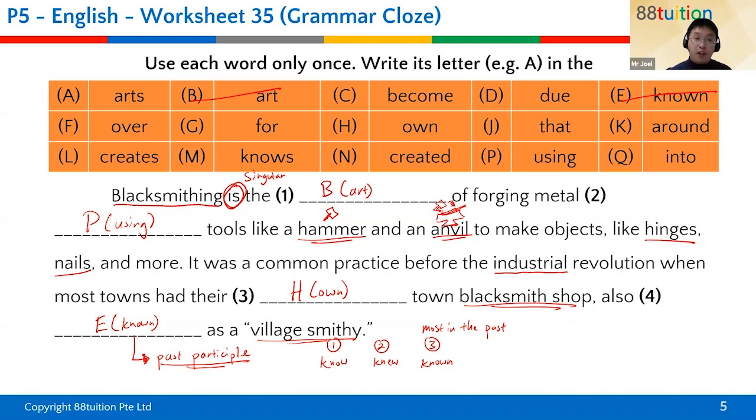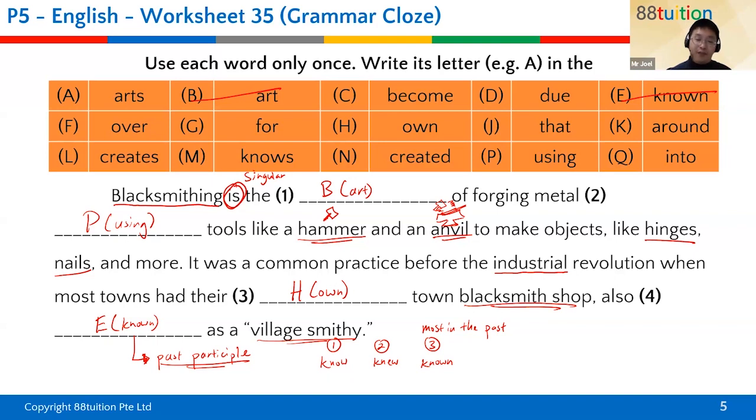All right. A lot of you put Q. You make the same mistake like Mr. Joel as well, right? Of forging metal into tools. The first thing that came into our mind is forging metal, and then the preposition is into. All right. So I think I would have made that mistake as well. Quite careless. All right. And then question 3, the answer is H. All of you got it correct. Question 4, the answer is E. All of you got it correct online as well.